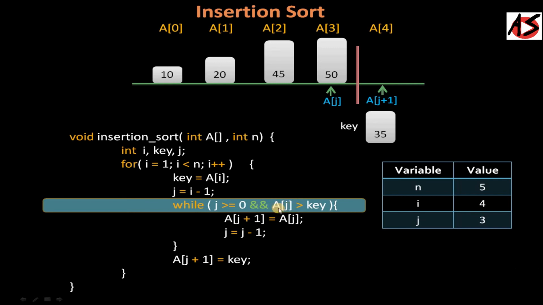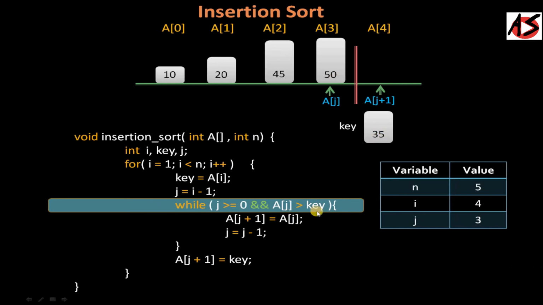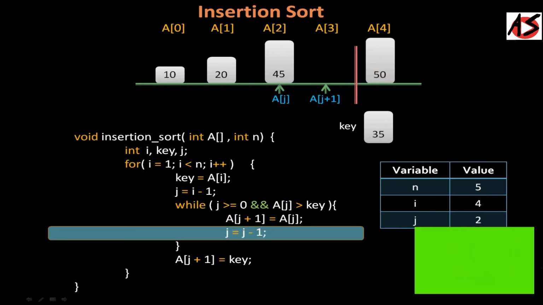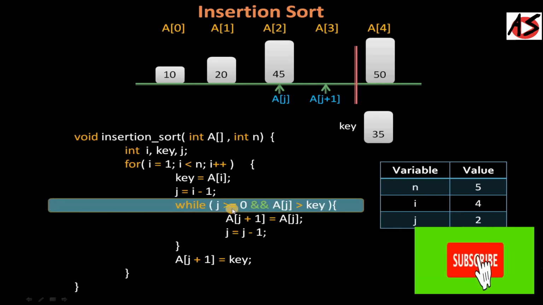Then you are checking another condition, that is aj. aj is now 50 and greater than key, so key is 35. So 50 greater than 35, condition true. So we are going inside the loop. So we are taking aj plus 1 is equal to aj. Now you are shifting aj onto aj plus 1. Now you are decrementing j by 1, so now j is equal to 2, 2 is greater than 0, condition